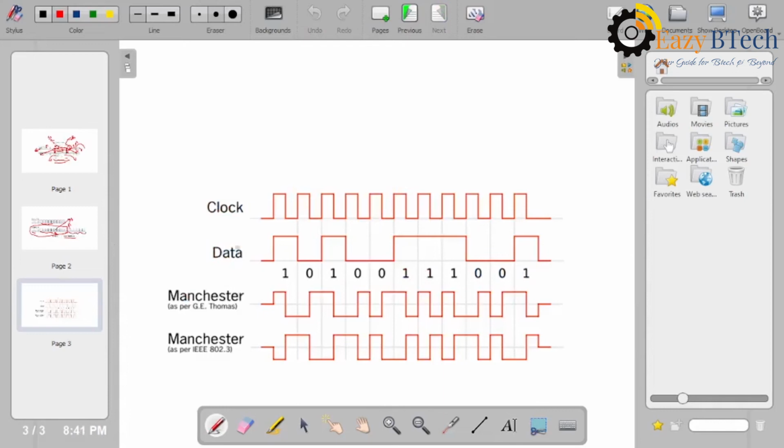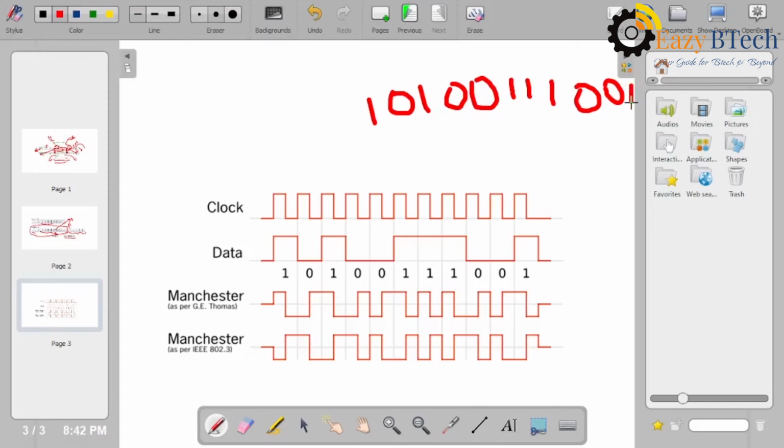See, these are the clock pulses, and this is the actual data: 1 0 1 0 0 1 1 0 1.